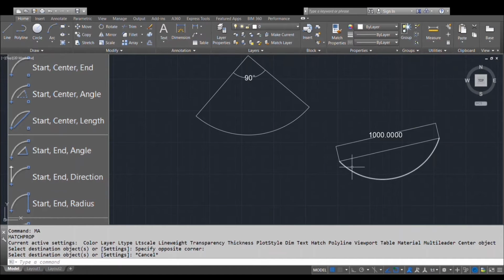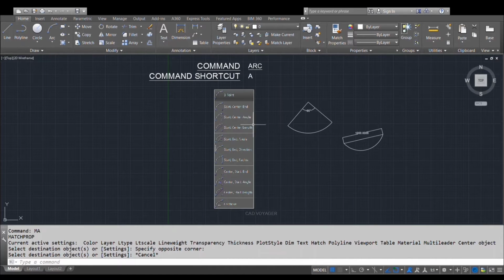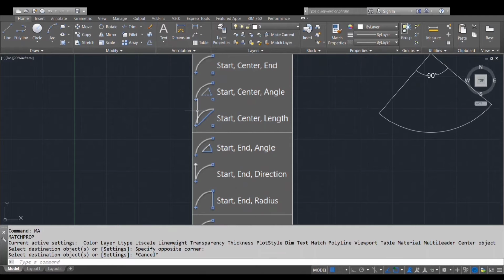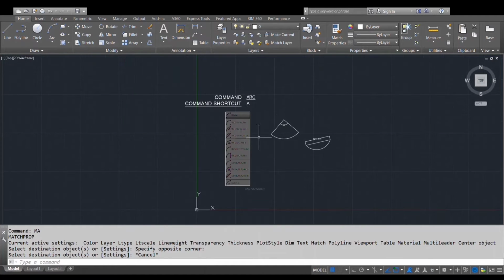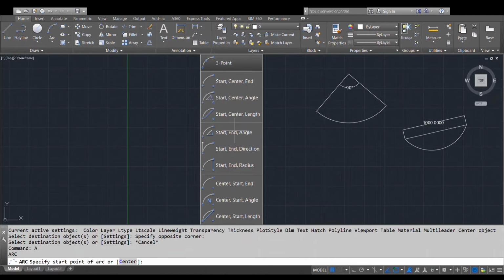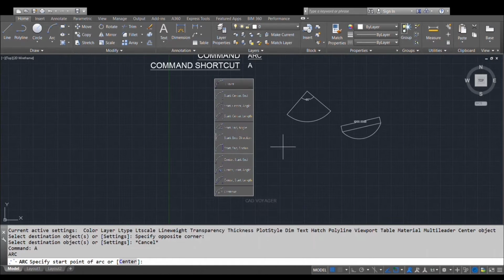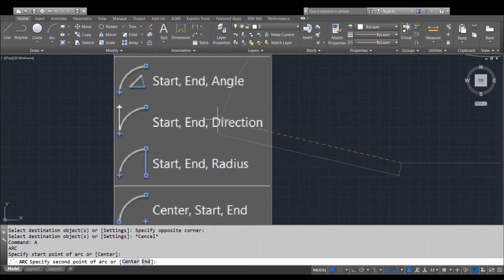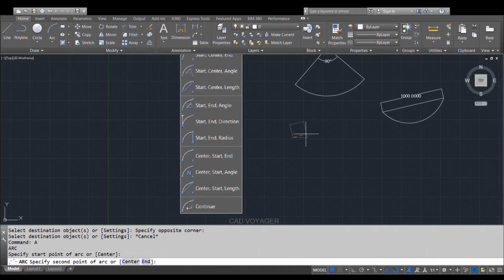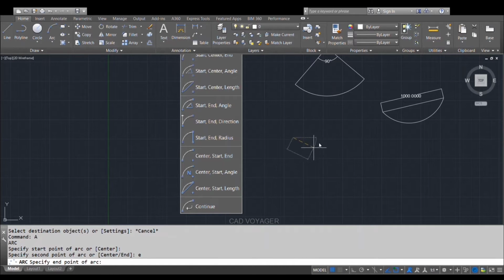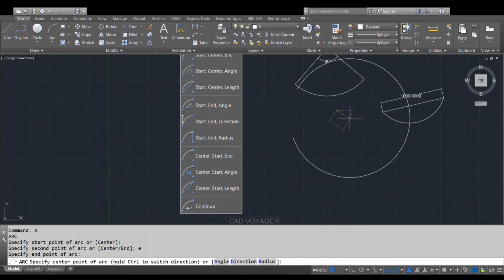Next we are going to see about start, end, angle, arc. Click A enter, then specify the first point, then click E enter for the end point, and give the end point somewhere, then again A enter for the angle. Please make a note, here also you can't use 0 degree, as it will make a straight line.